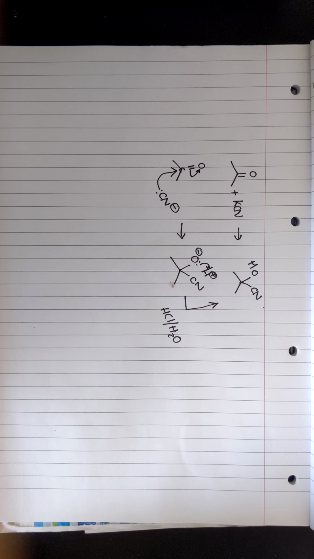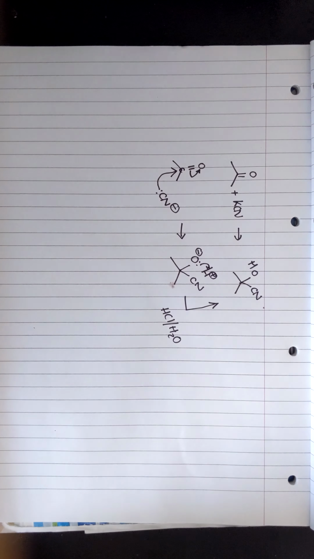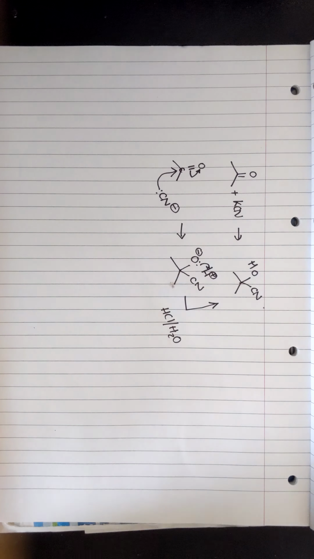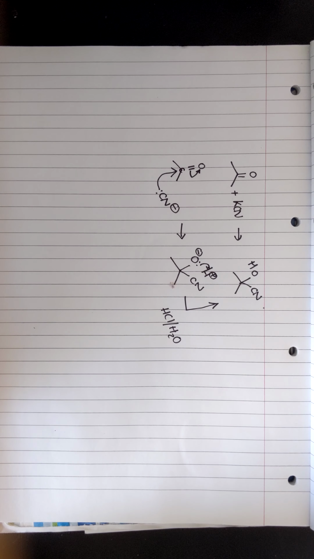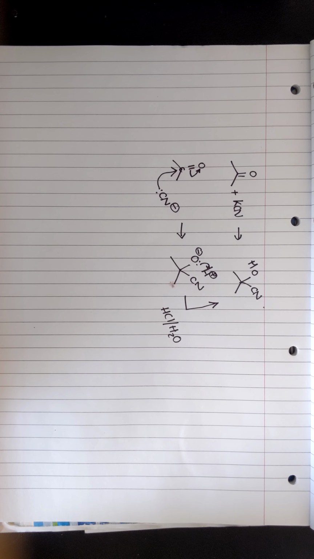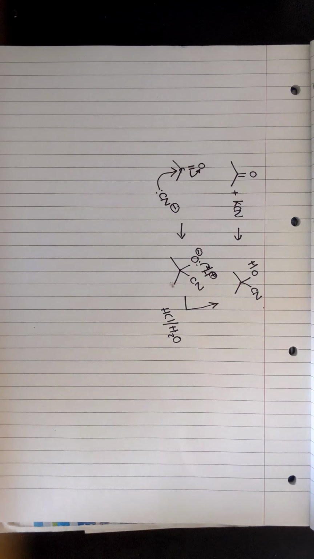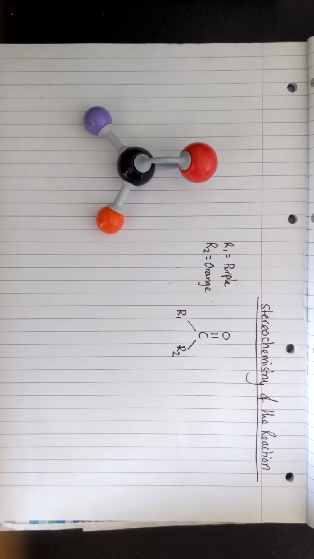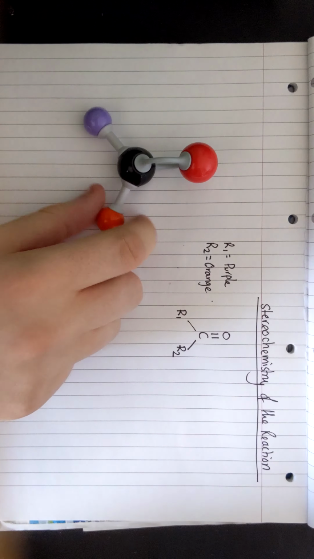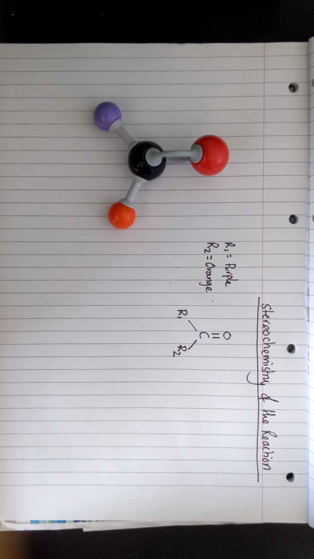What we've left out is the difficult part of this one, which is the stereochemistry of the reaction. So this is where we're adding an extra layer of complexity onto the reactions that we've seen in year 12. And so this is why we covered enantiomers in our previous lesson, because we have to look at the optical isomerism or the stereochemistry of this reaction. Okay, so I've got here a carbonyl, which I've made using the molecular models. And we're going to look at the reaction in a 3D perspective to see the